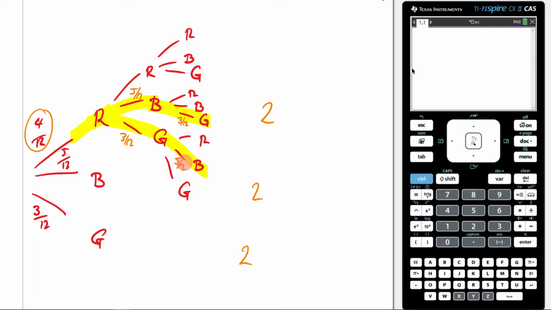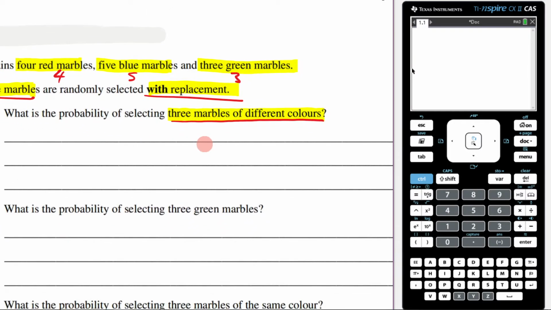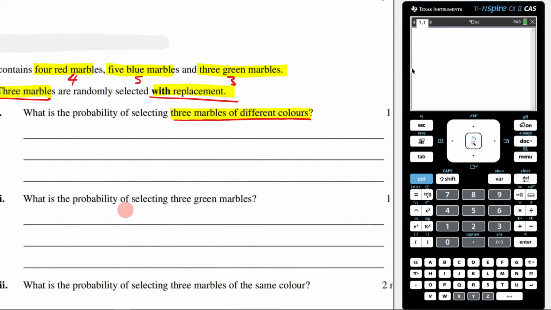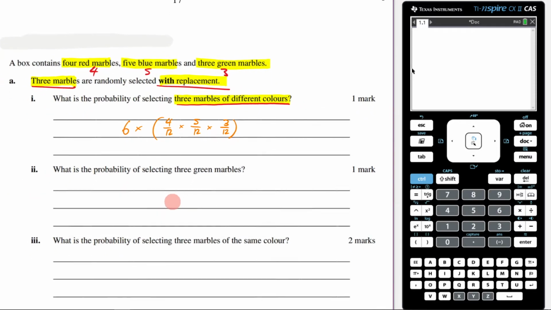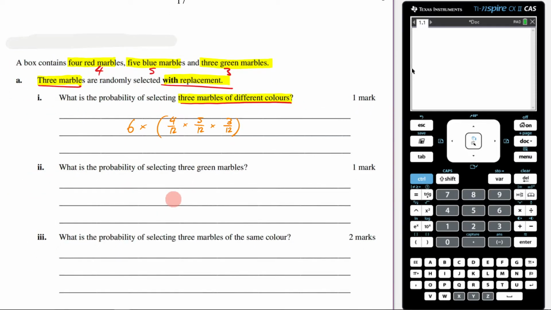So all I need to consider now is that there are 6 different ways of going about it, so 6 times 4 on 12 times 5 on 12 times 3 on 12. That's it. That's the way that you're going to think about this question. There are 6 different ways of pulling out 3 marbles of different colors, and you're always just multiplying the different probabilities. So we can come over to our CAS now and go 6 times,